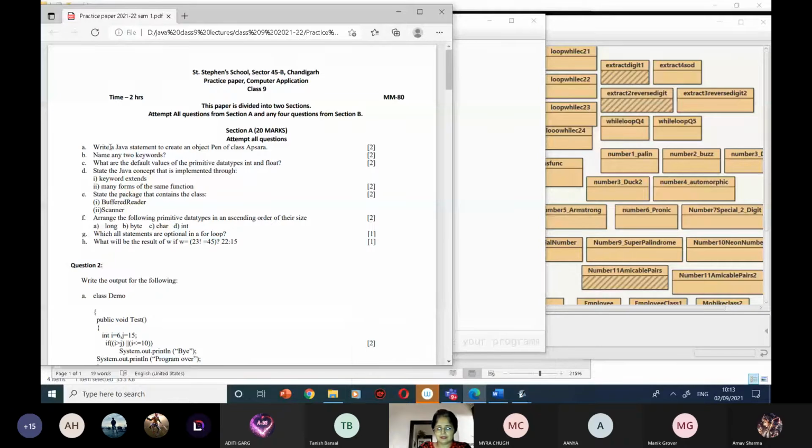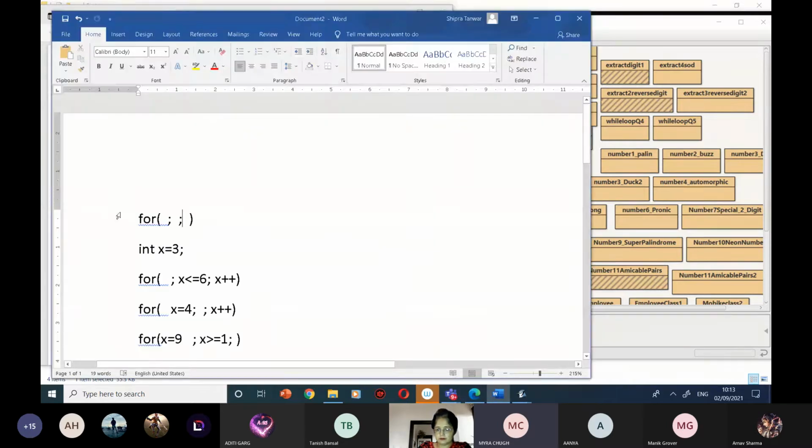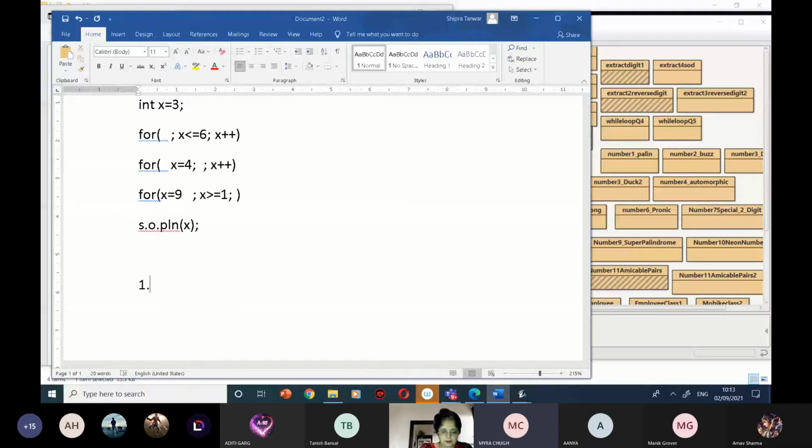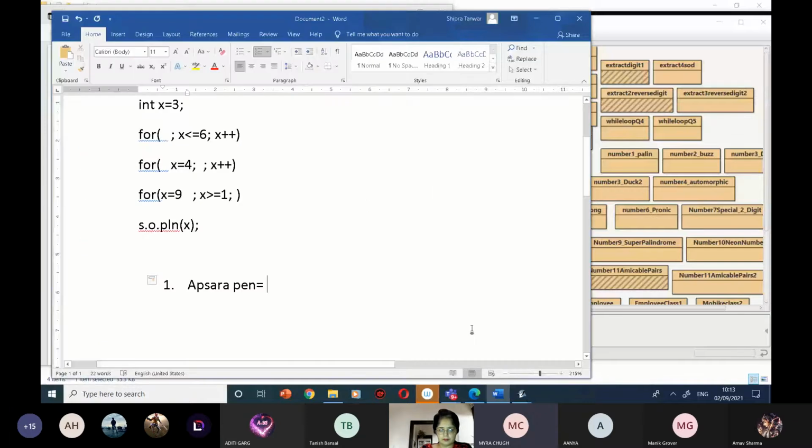This is okay. Let's discuss it one by one. Write a Java statement to create an object pen of class Apsara. How will you write down this? Ma'am, Apsara pen is equals to new Apsara, then parentheses. Yes. Capital letter Apsara. I think we discussed this. Pen is the variable name or the object. Object pen. So the object is capital letter. So Apsara pen is